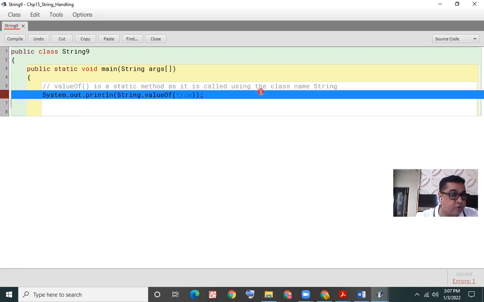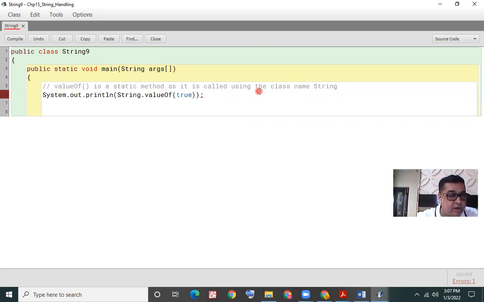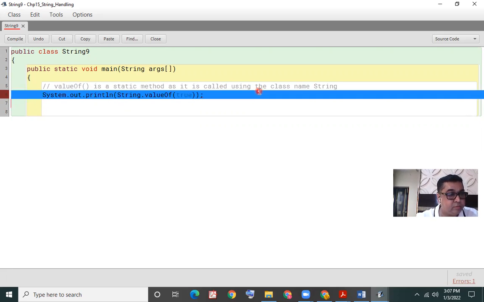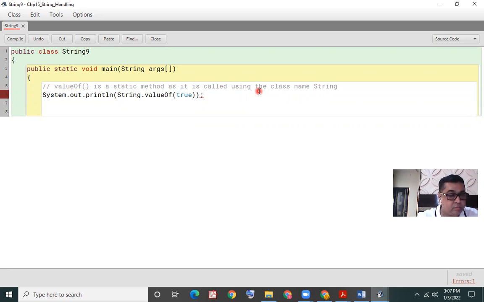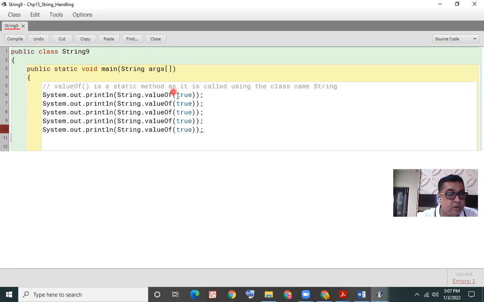Some more examples of this method. In another example, I'll put an integer value, minus 25. In my third example, I'll provide a double value in brackets. In the fourth example, I'll provide a character constant.